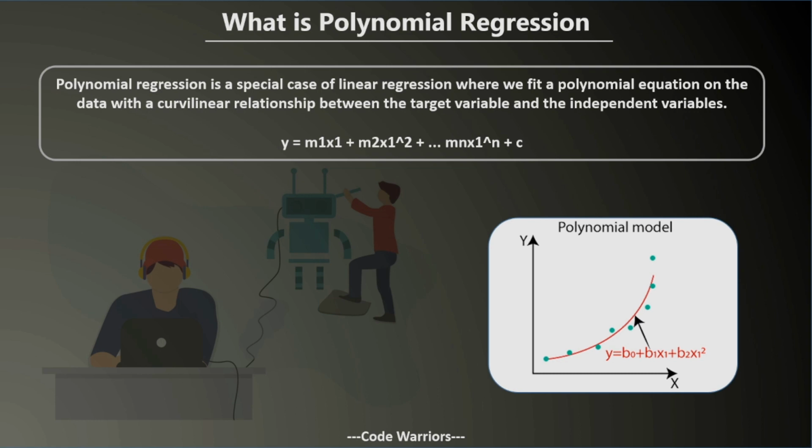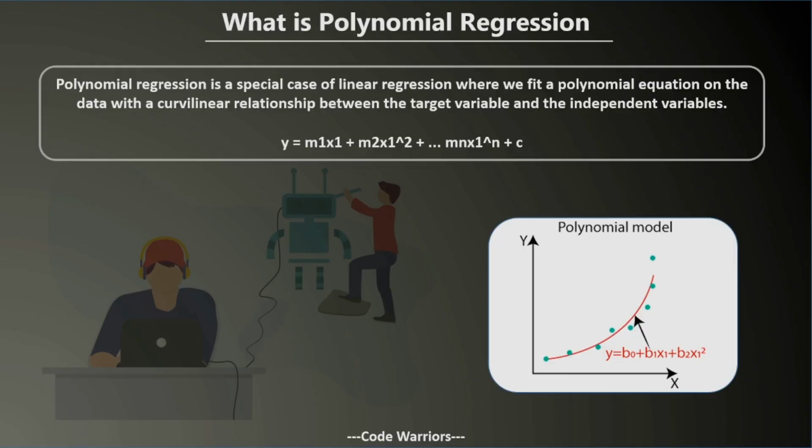So first the model is going to create multiple polynomial forms of a variable. Like for x it will convert into x square, and we can even change the degree to x cube and x power 4 and like that. It's up to the hyperparameter, and that's how it's going to generate its equation, which will be y is equal to m1 x1 plus m2 x1 square. Here as you can see x1 caret 2, which is referred to as x square, and as you go on to the nth term, it will be mn x1 to the power n, and plus c, which will be our base or coefficient.